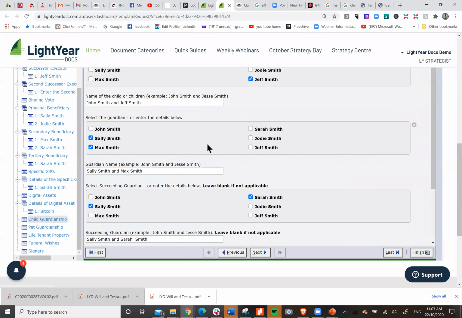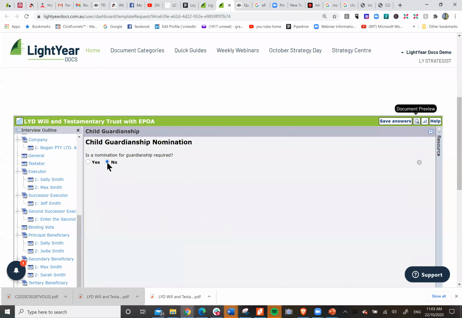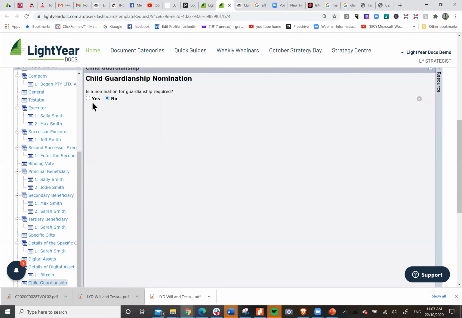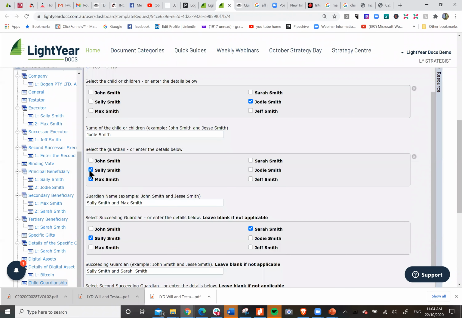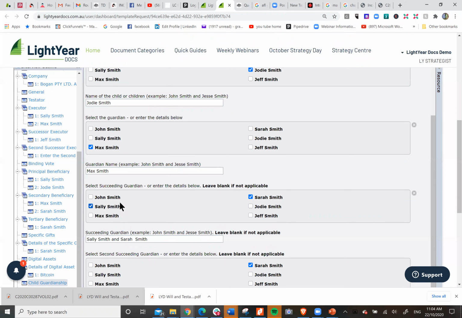Child guardianship is obviously not an issue here because, actually there is an issue, guardianship, so I'd go yes. Select the children. Again, this is only if John and Sally's not there. So you can still do this. So Jody, name of the child, and Max Smith is going to look after Jody.